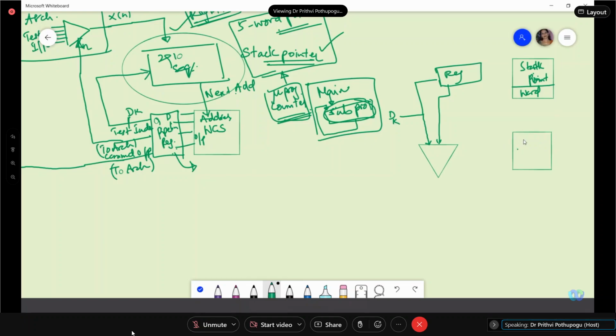The microprogram counter will give the address that will be stacked for future iterations in case of any interruption happening. If not, it is a direct address. This output will be of the same size as the size you are taking here, and that will be